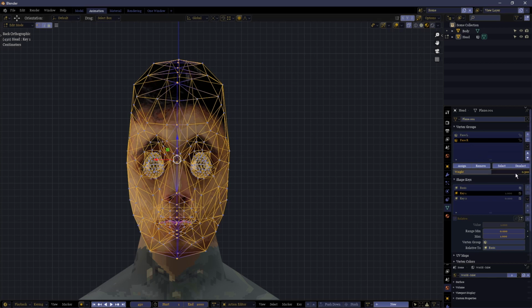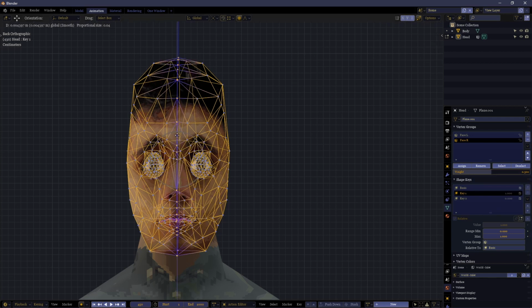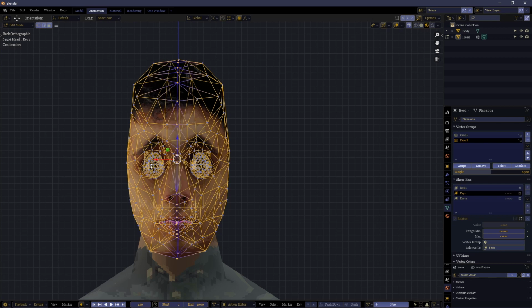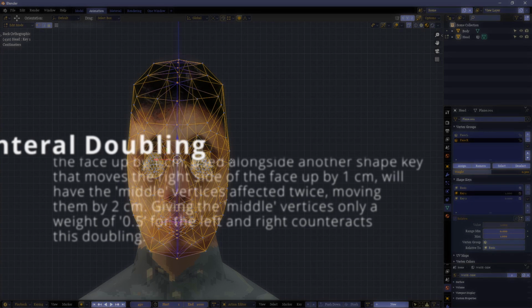By putting these onto 50%, a weight of 0.5, it's going to only move by the amount that you were intending it to when making the shape keys.